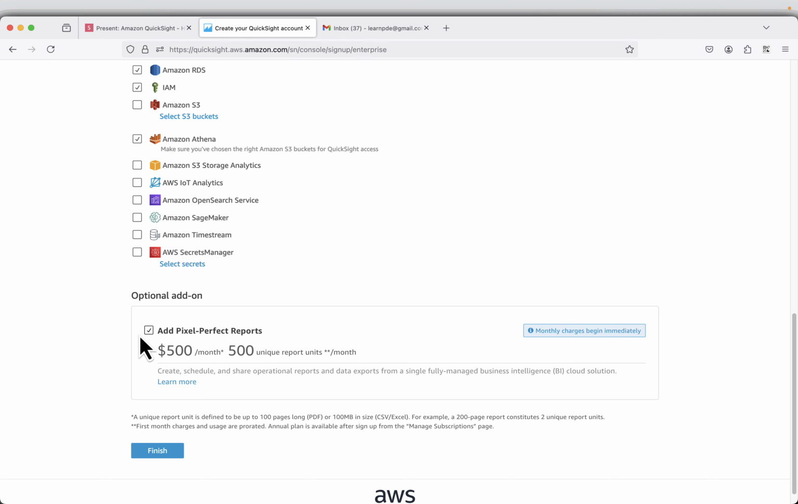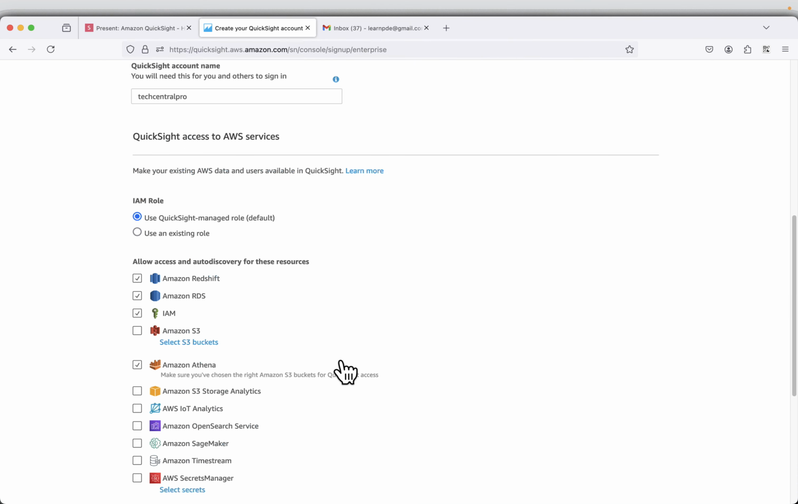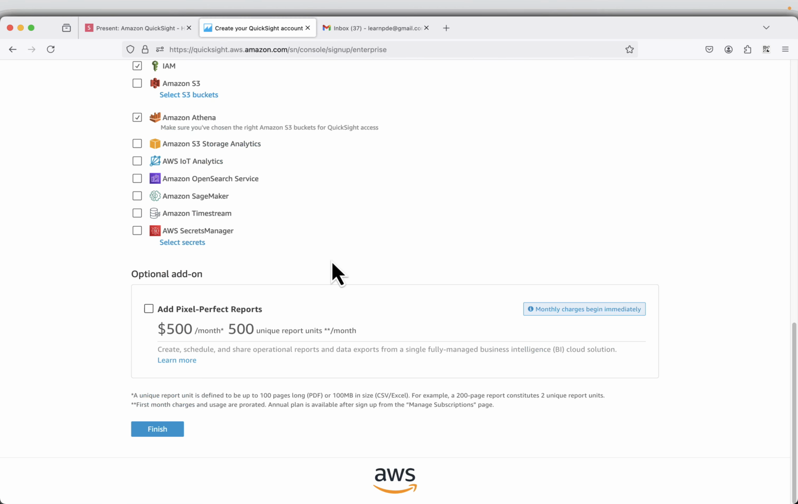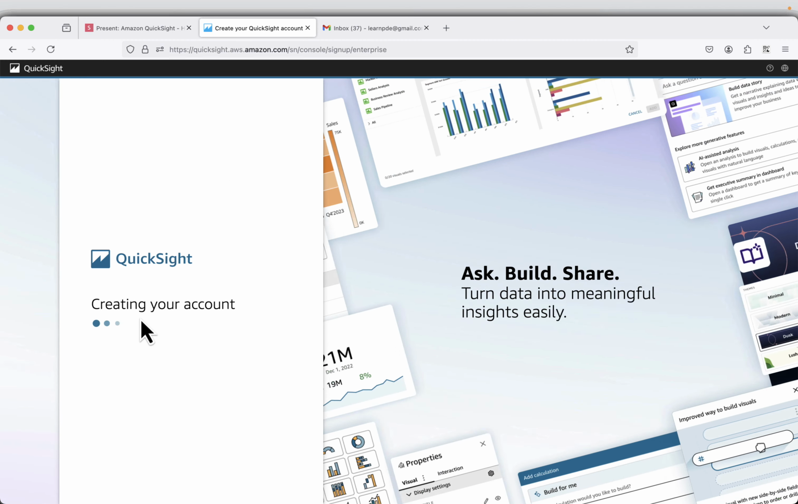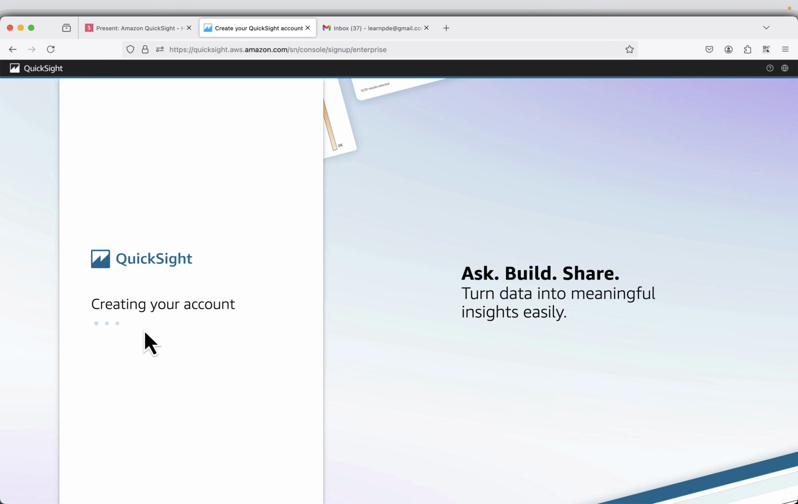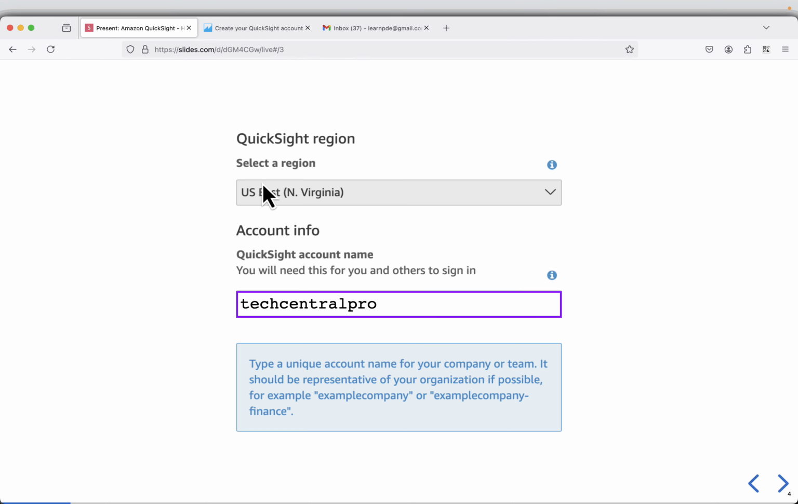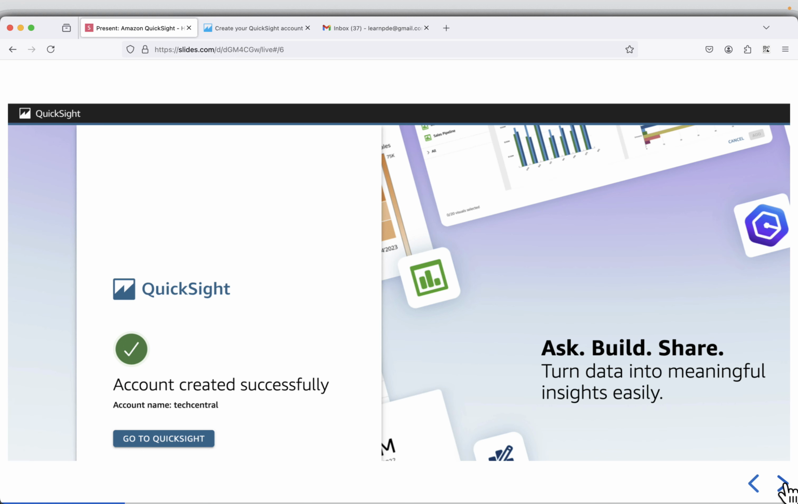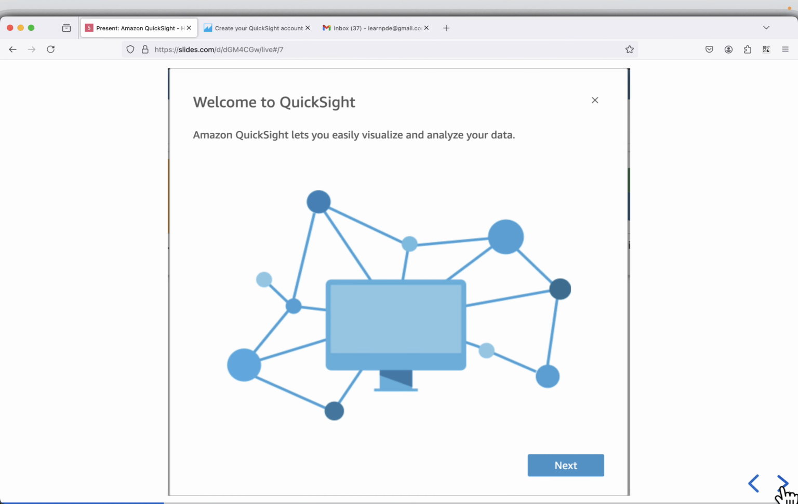and that's all. Just make sure you unselect this add pixel perfect reports and keep the default allow access and auto discovery for these resources, and click on finish. So this will create your account. We have kept the default options and unchecked. Then after some time, the account will be created successfully, and then you will be shown some visualization of how it